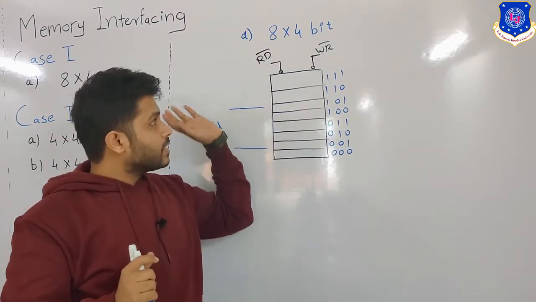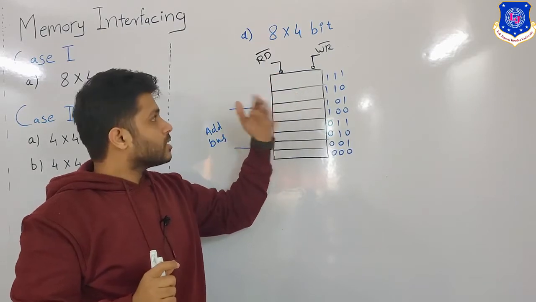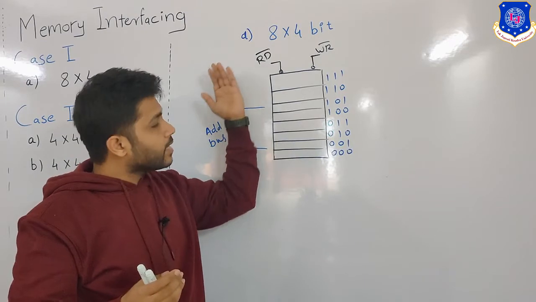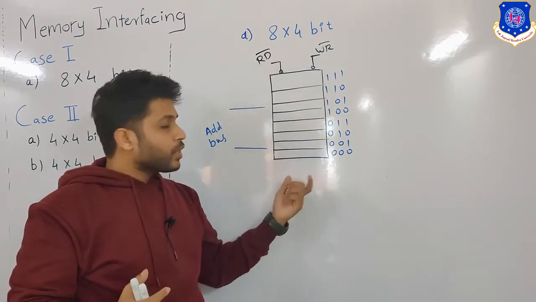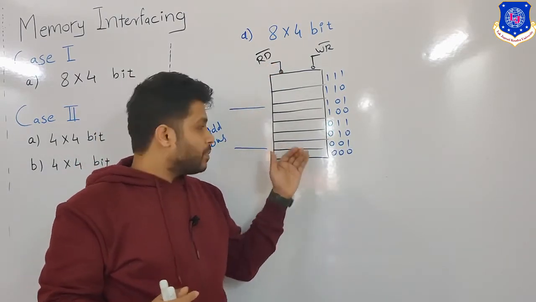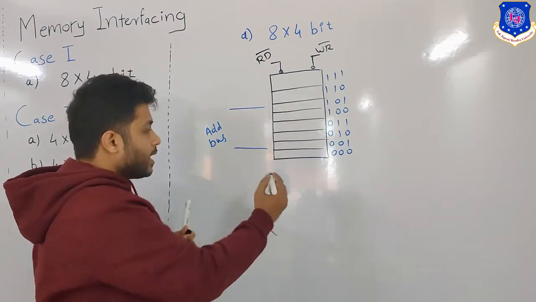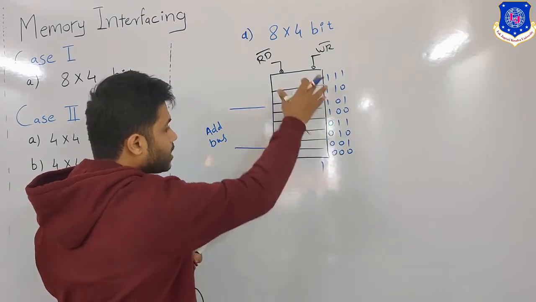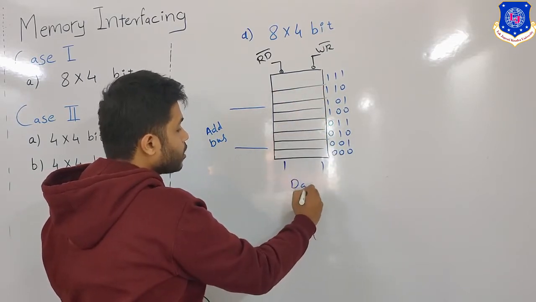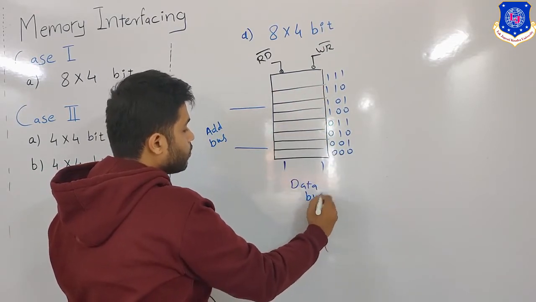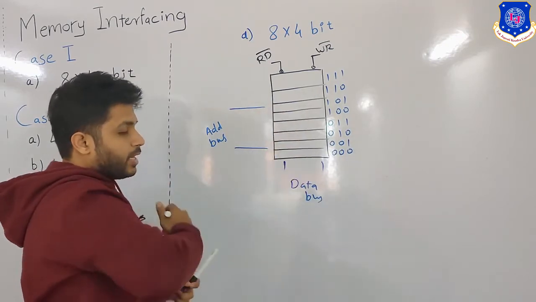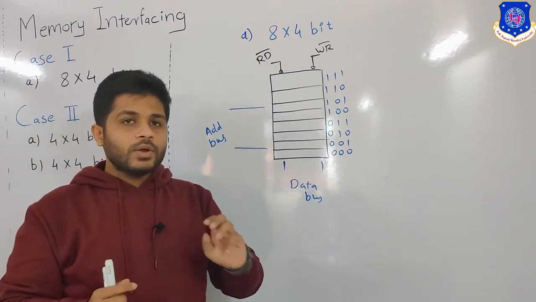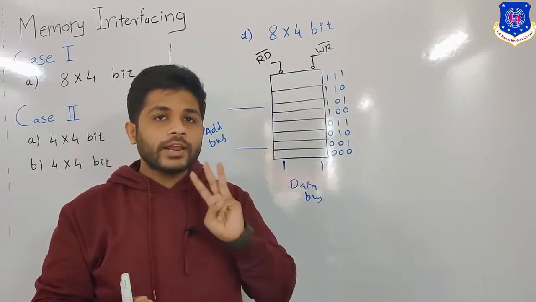The microprocessor will send different control signals, read or write. When the processor is sending a read signal, data from the selected location will be released to the data bus, which is connected to the microprocessor. So data released from the memory to the data bus will flow from the memory to the microprocessor. So to interface one memory, we need three connections.